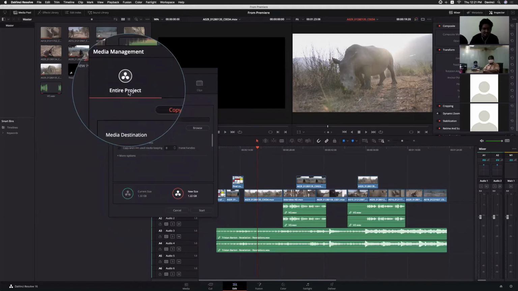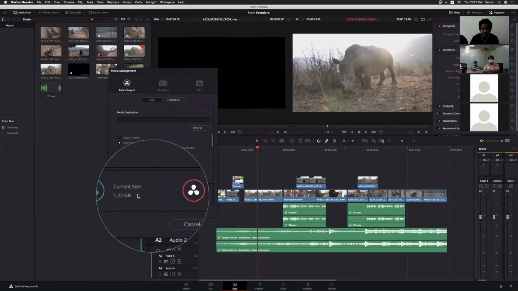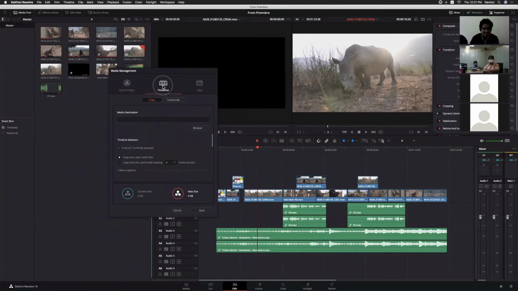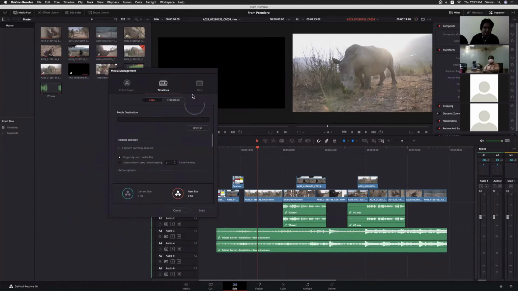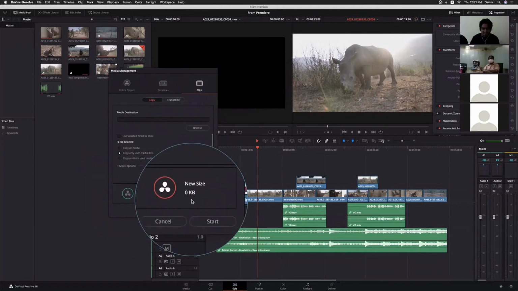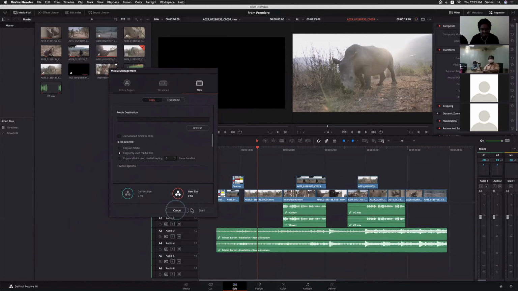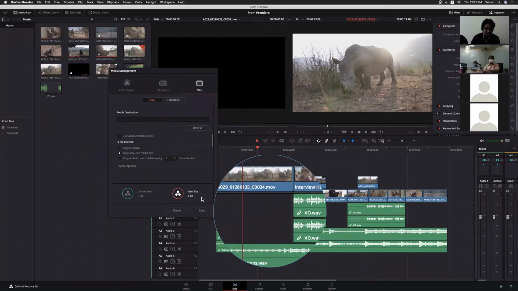If it is the entire project, the size will always be the same. If I select timeline, it is showing 0 KB, right? Even though we have timelines. If I select clips also, it is showing 0 KB. Why? Because in our media pool or in our timeline, we did not select any clips. That is why it is showing 0.